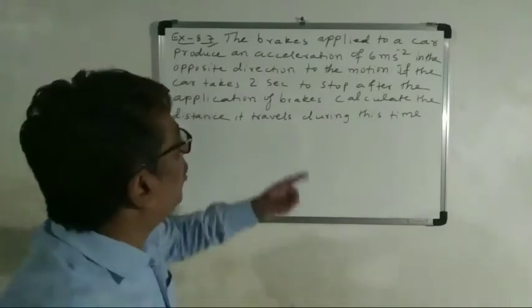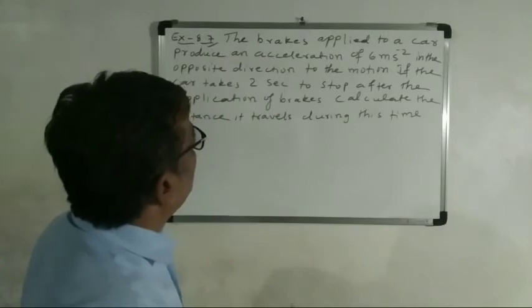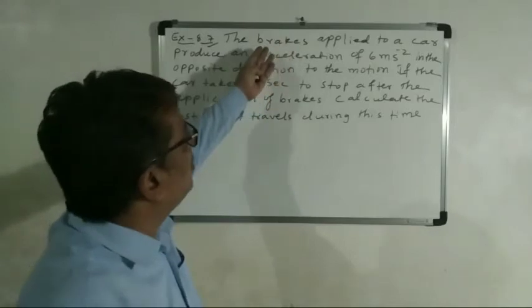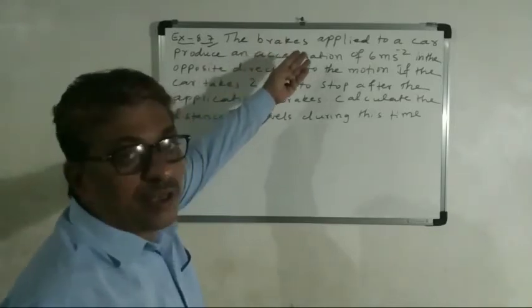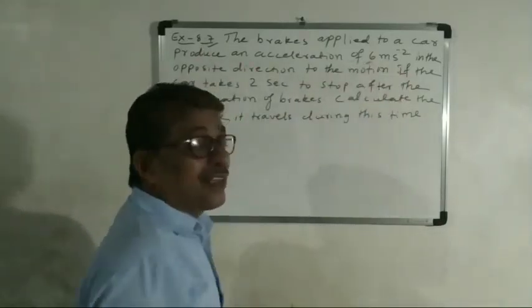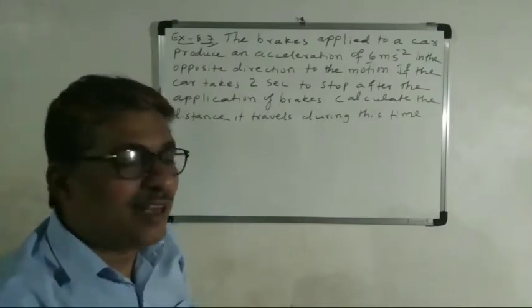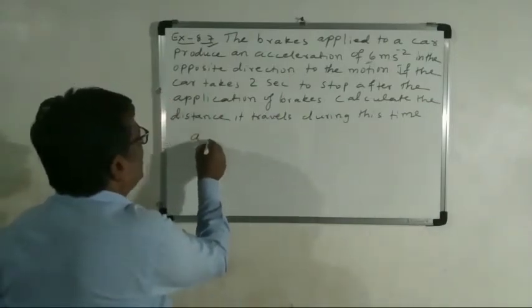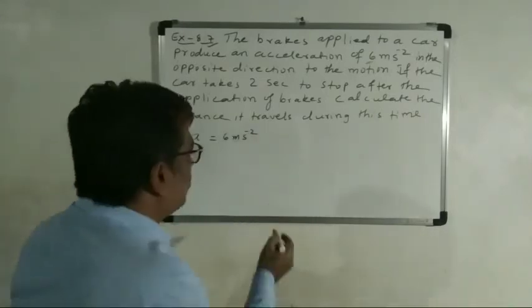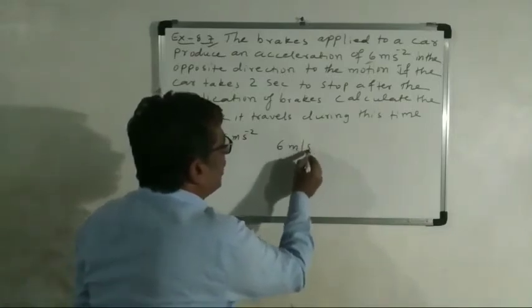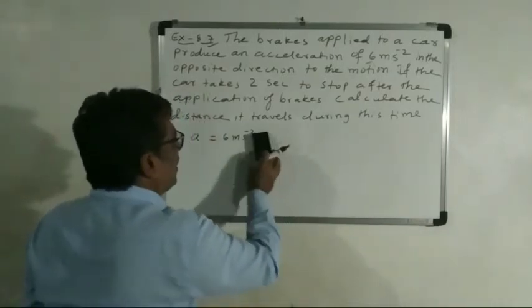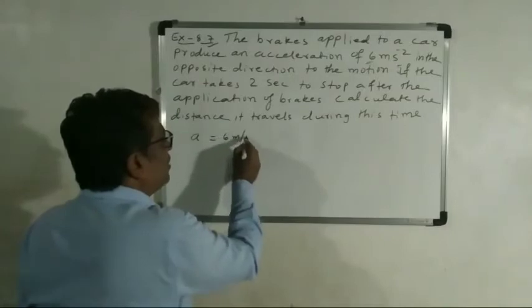So now what you have to do? First of all, the solution. See, there is no initial rest or standing given here. Directly you will come to know that acceleration is given. In the previous problems you were finding the acceleration, but here acceleration is given. Acceleration is 6 meter per second square. You can write this value in any of the ways, 6 meter per second square.